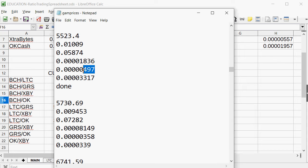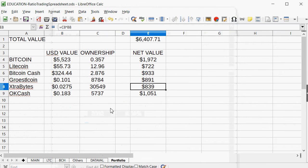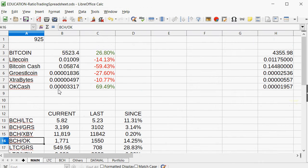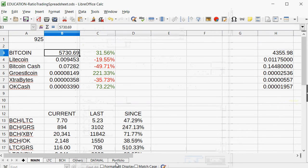Oh my goodness, this is going to be huge on the XBY ratio because it goes down to 358 from 497. So the amount you can flip from GRS to XBY is just going to be massive. And then this is doing nothing, 33 to 33, 33.1 to 33.9. That's like 2%. Okay, let's see the damage on here. So again, the portfolio is 6,400 to... Okay, we'll put this in. Portfolio's in at